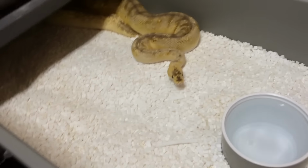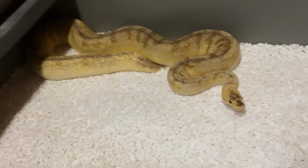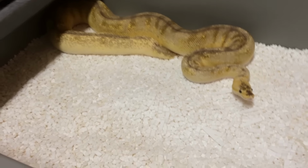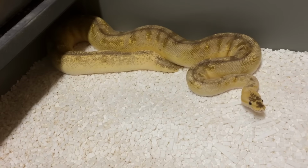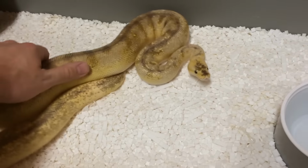We're getting close to the limit. We're almost at 15 minutes. This is another really nice snake. We're definitely breeding the pastel mochi of this thing to make super pastel mochi champagnes. This, if you guys didn't know what it is, it's a pastel champagne, and I find this snake